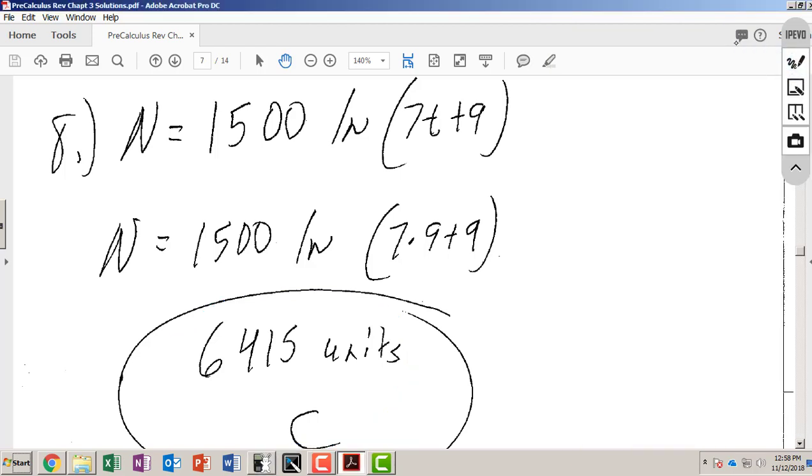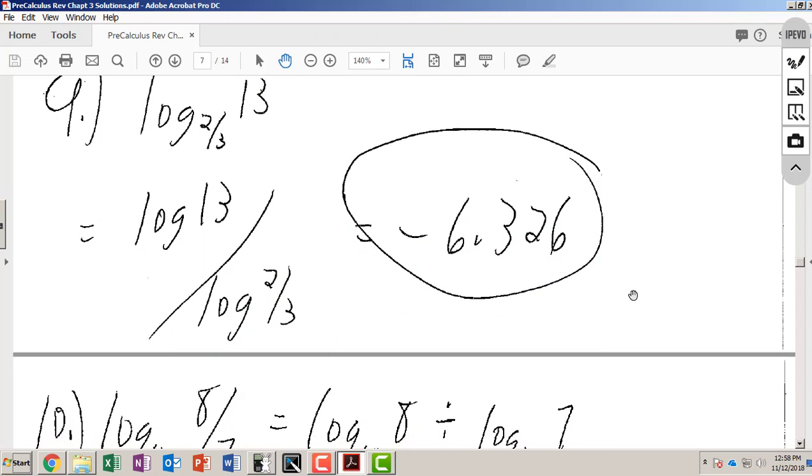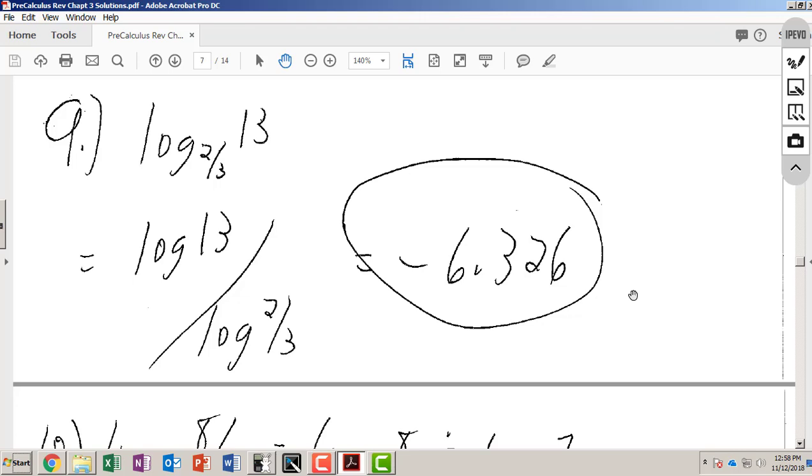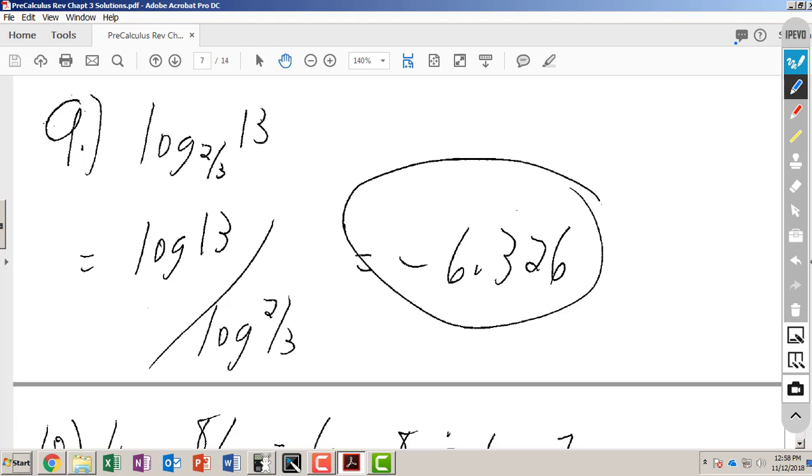On my next problem, number 9, I've got log base 2/3 of 13. It just wants me to evaluate the logarithm using the change of base formula, and find the value to 3 decimal places. So remember, your change of base formula just says the following. It says that if you have log